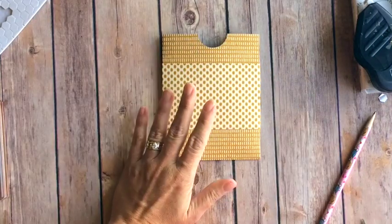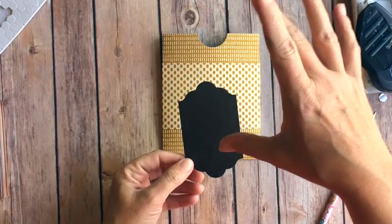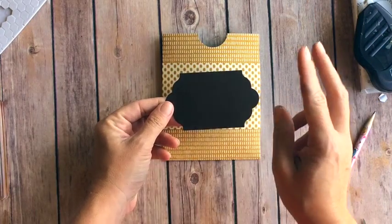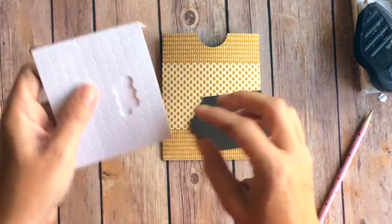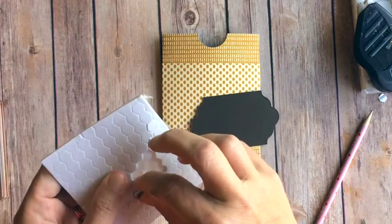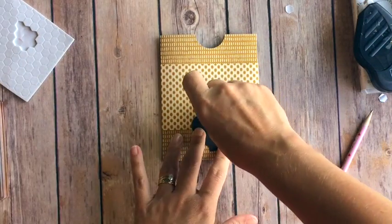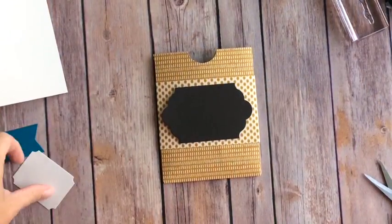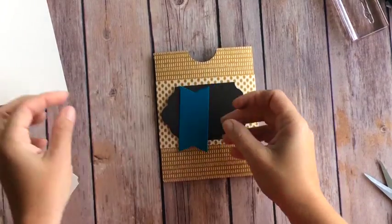Perfect. Now we have new thinlits called Lots of Labels. There's from the big size to the little size. They're nesting, and I used the second largest one to cut out an Early Espresso label or tag or shape, whichever you want to call it, and I'm going to use my dimensionals to stick this on. All right, the next thing you need is an Island Indigo banner, and I have to say